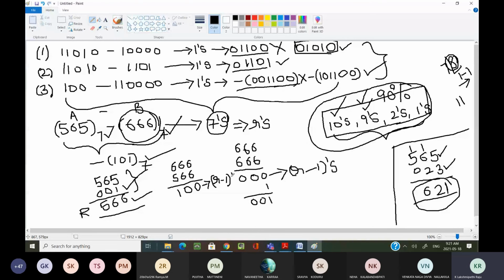For this r minus 1's complement, what do I have to do? I have to add 1 to this r minus 1's complement. Now this will become 101. This is the r's complement of the given number, and we have to put a negative sign in front of this number, and this is our final answer after subtraction. Hope everyone has understood? Yes, sir. Is this clear, everyone?